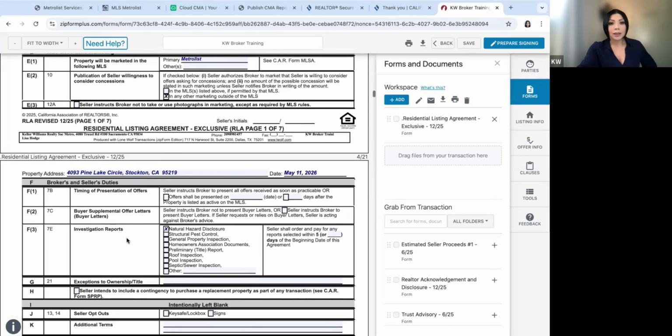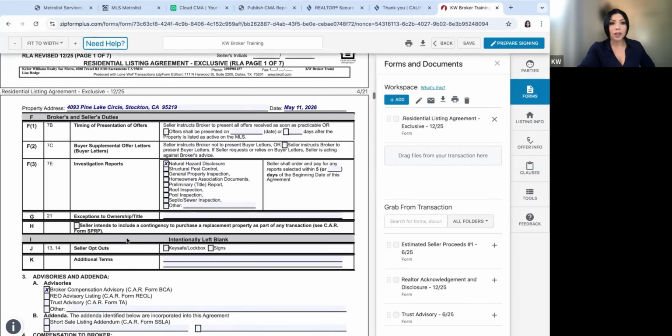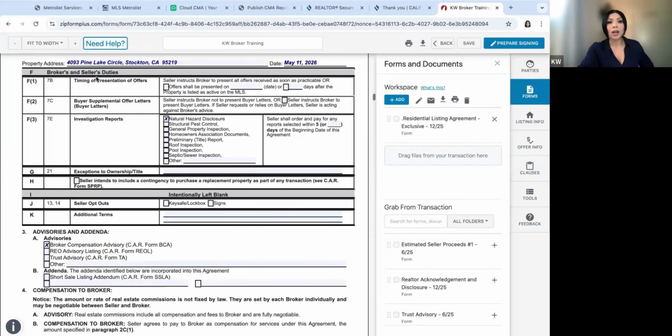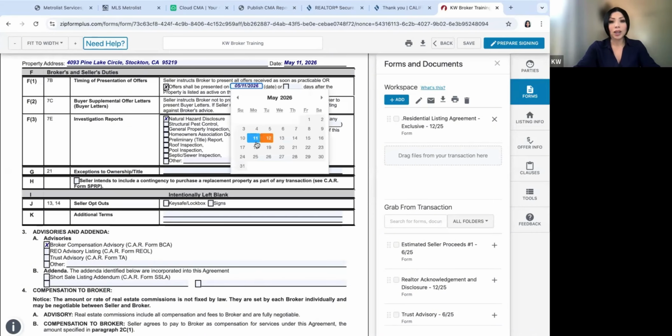So anyways, going down here, broker and seller duties, timing of the offer. Just standard: you present them as they come in, as soon as practicable. Or if you're meeting with the seller, say there's multiple sellers, it could be a divorce situation, or selling in a trust, or multiple sellers. And you can say, look, we are going to present offers